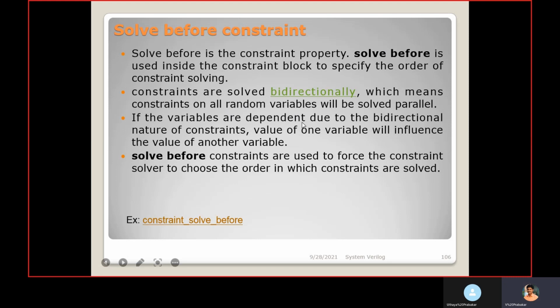If the variables are dependent, due to the bidirectional nature of the constraint, the value of one variable will influence the value of another variable. Solve before constraints are used to force the constraint solver to choose the order in which constraints are solved, based on the constraint you are mentioning. It should give priority to solving that first, and then do the remaining.